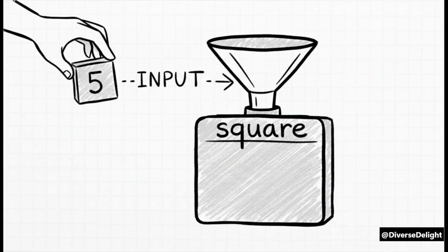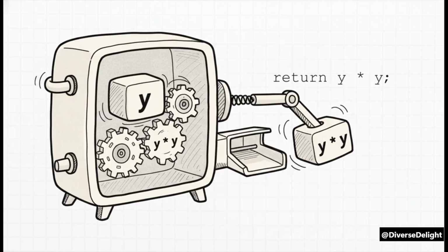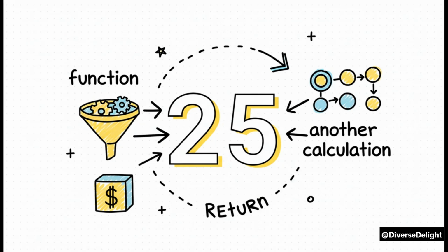Let's think of it as a simple transaction. Imagine we have a function called square. We give it an input, in this case the number 5, by calling square(5). This is like putting your money into a vending machine. Now inside the function, our input, 5, gets assigned to that y parameter. The function does its job, it calculates y times y, and that return keyword, that's what kicks the result of that calculation back out of the function. And boom, the function returns the result,